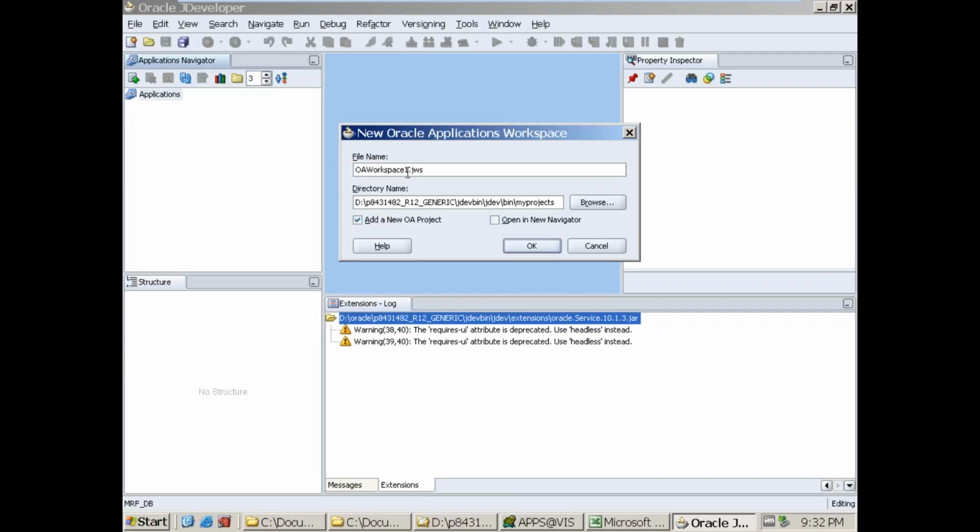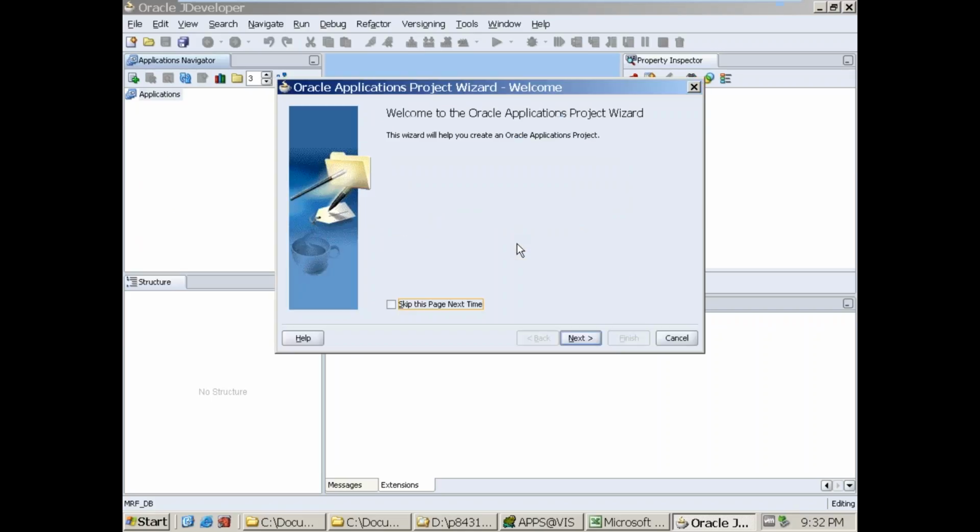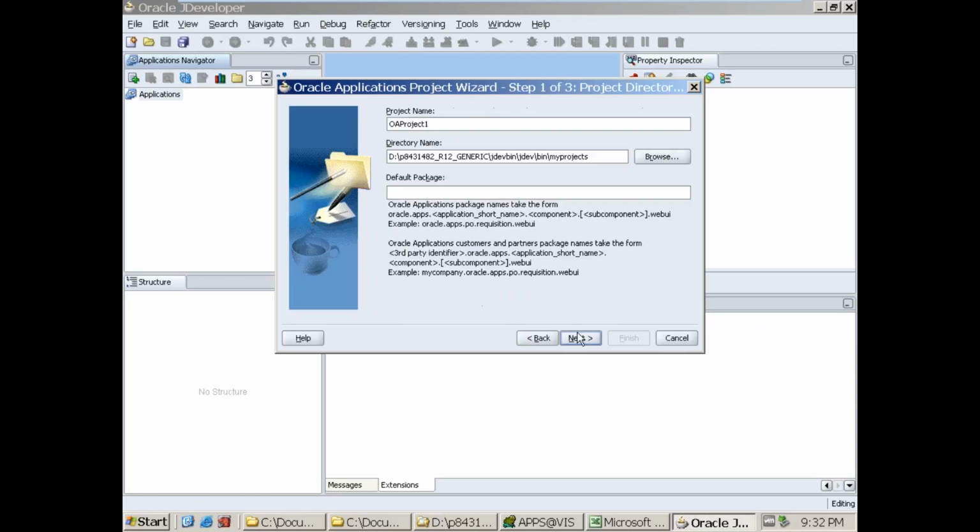What is the name of the workspace? I'm giving Sony workspace. You want to add the new OA project? Yes, I want to continue with the OA project. Navigator window, and I want to open it in a separate Navigator. Now the project wizard window has also opened. Okay, next, name of the project,